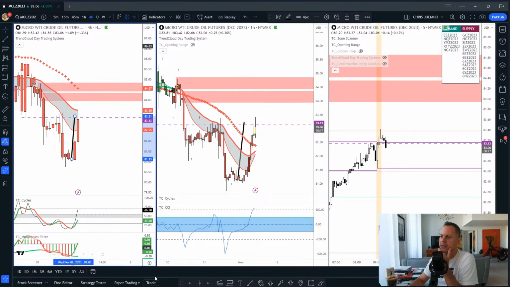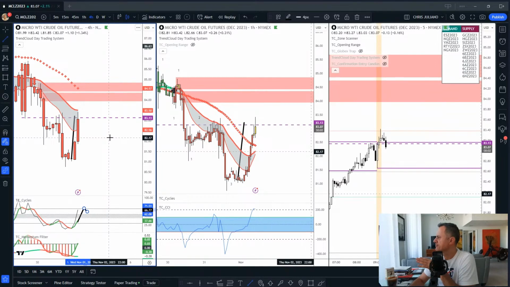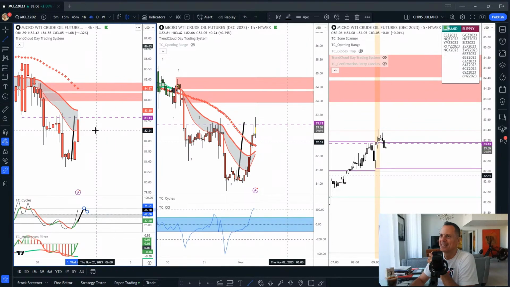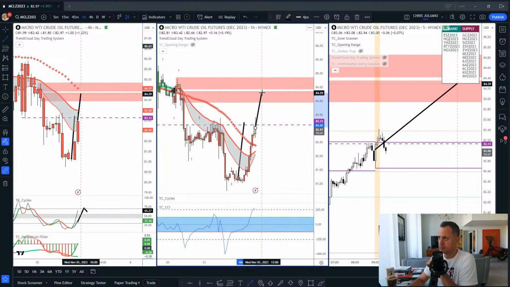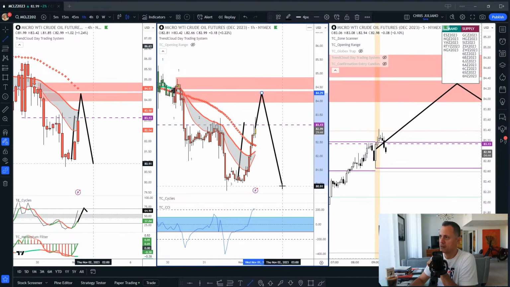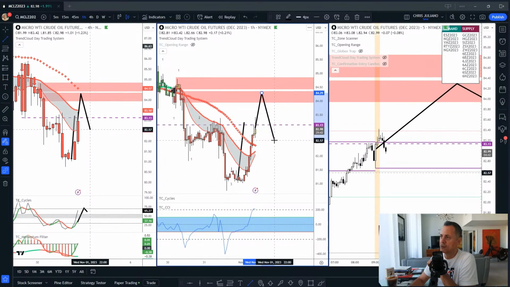And the stochastic here was up here and starting to hook back down, and you're in the trend cloud, that's a better situation to be in. Yes. So it's very possible that it wants something up here to make the move down, but